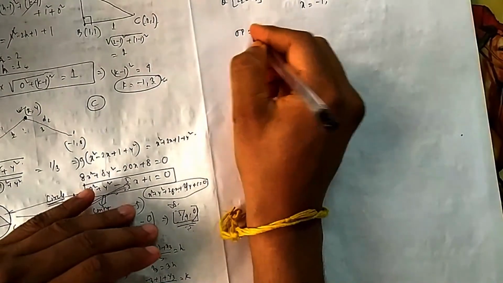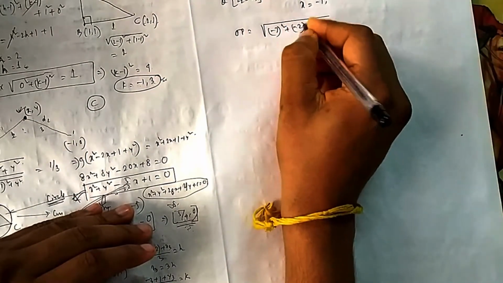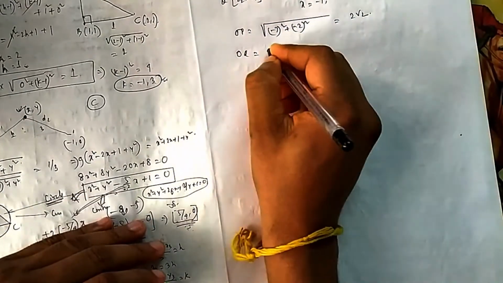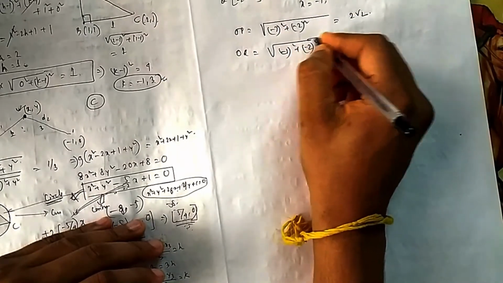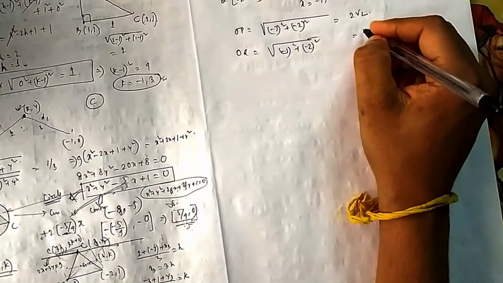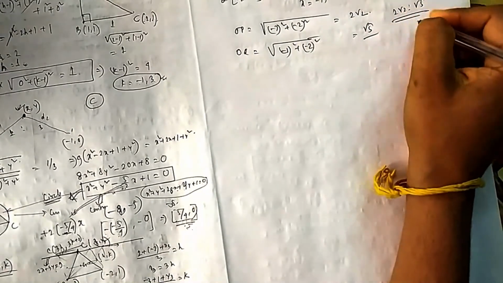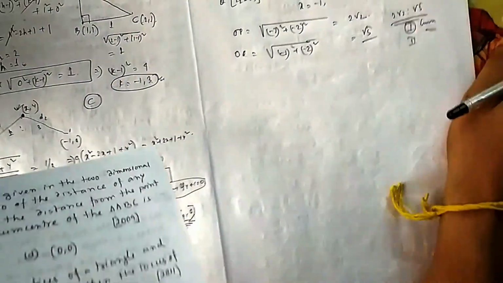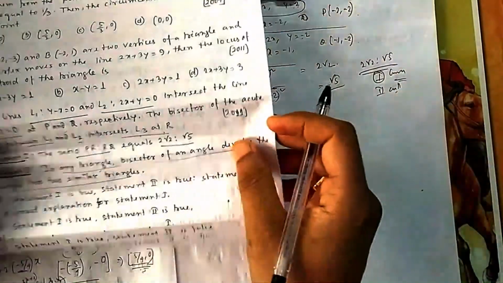So you find the distances OP and OQ. What will be OP? Under root, 0 minus minus 2 whole square, then minus 2 whole square. 2 2s are 4, that is 2 root 2. What is OQ? That is minus 1 whole square, then 0 minus minus 2, which is 2 squared. So it is root 5. So the ratio is 2 root 2 is to root 5. That is correct. So statement 1 was correct, but 2 was false. That's why we directly gave the answer as C. Initially also we gave the answer, just now we calculated how to calculate this one.